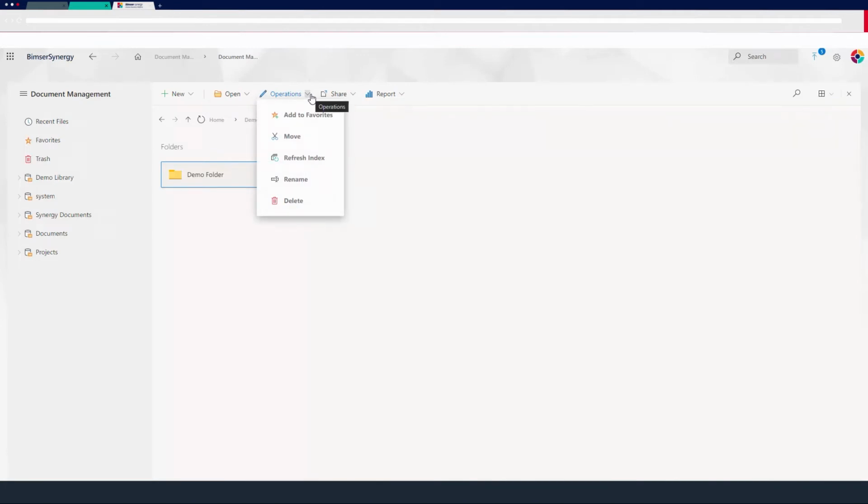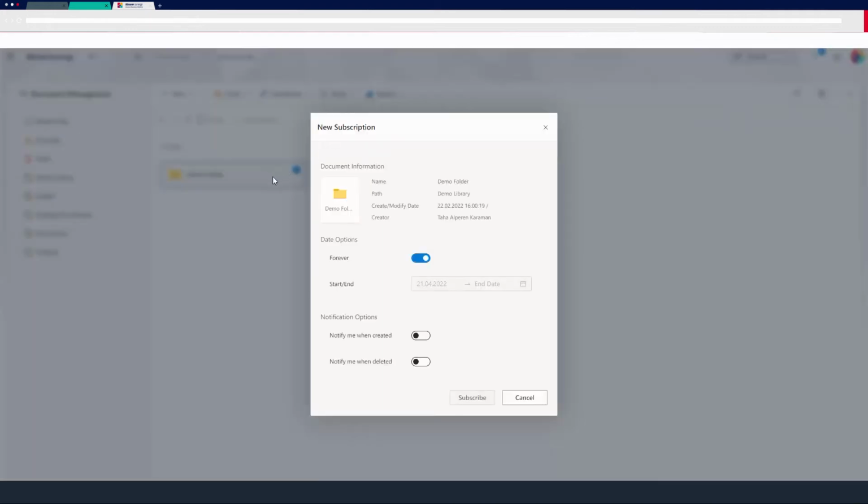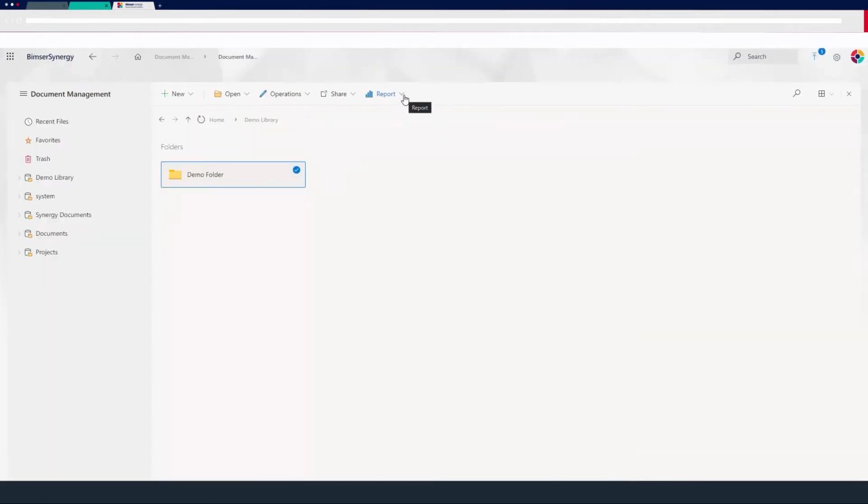On the operations tab, we can also add our folders to favorites, we can move them to other libraries, and we can rename or delete them. With the share button, we can subscribe to these folders, and with subscriptions, we can get notifications or emails on this folder's activities. From the report tab, we can also see the history of this folder.